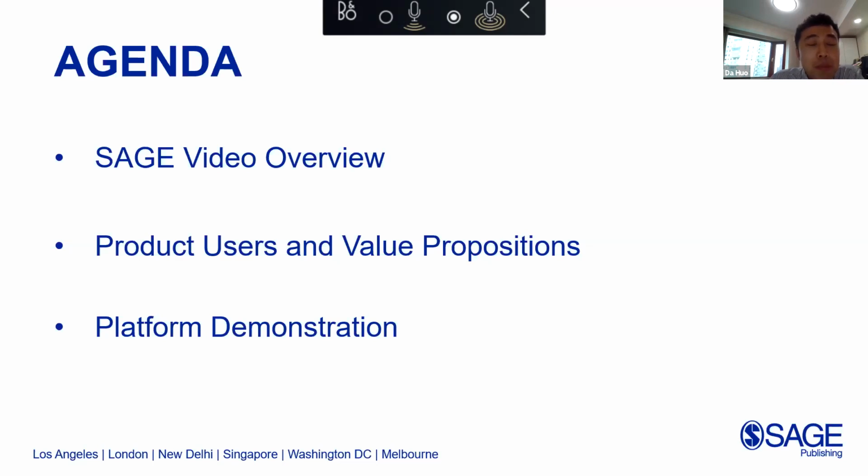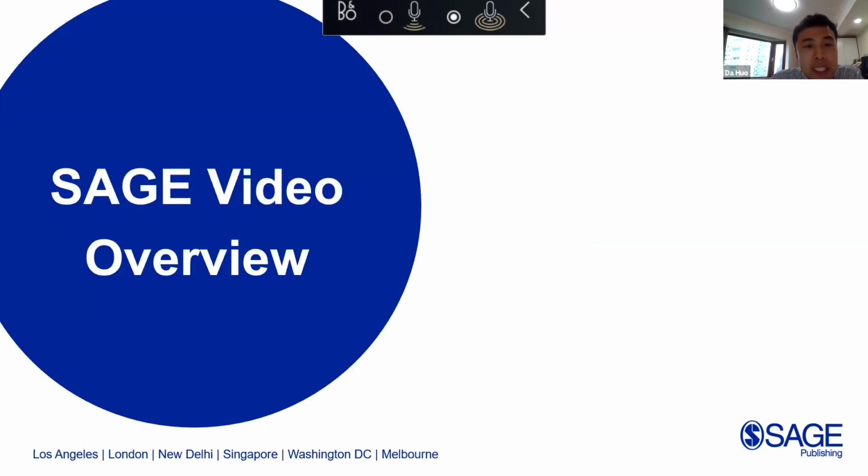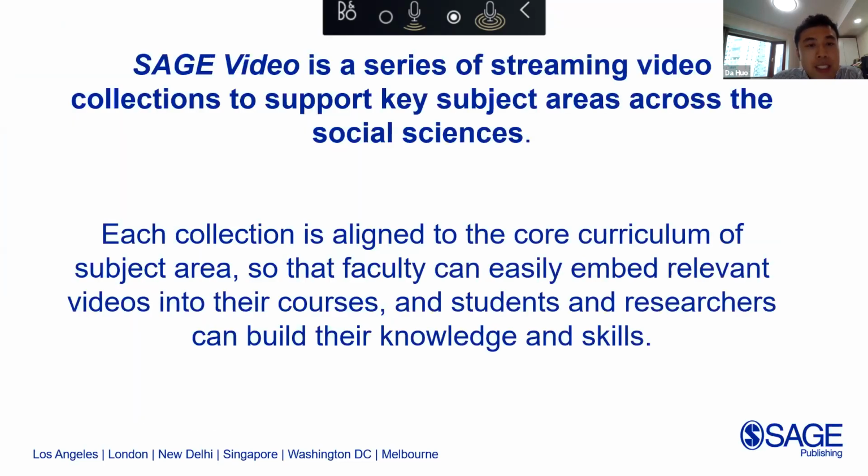So now I'll briefly introduce SAGE Video as a product. As you already know, SAGE Video is essentially a series of multiple streaming video collections that support key subject areas across the social sciences. Each collection focuses on a specific subject area and is aligned to the core curriculum of that subject area, so faculty can easily embed relevant videos into their resources, and students and researchers can build their knowledge and